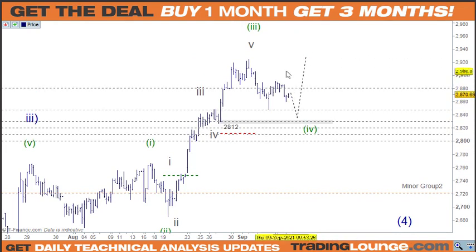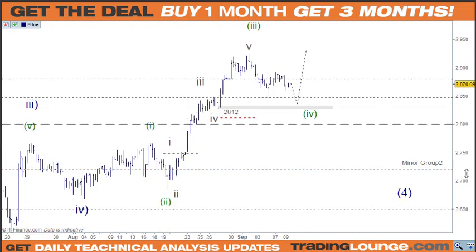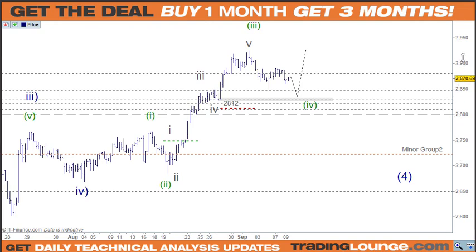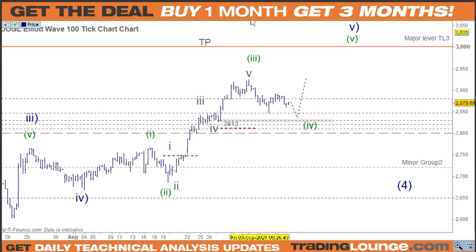Now also with this top here, it's also possible to put wave 5 just here and have this as an expanded flat, as an A and a B and a C. It's a bit elongated, this particular move here, and I don't have a nice 5-wave structure up here for this either, so that's why I've organized it like that. I will just leave that, but I'll just give a bit of definition to that 2800 there so we can separate it from group 1 there, because we may need to go back in there a little bit further.